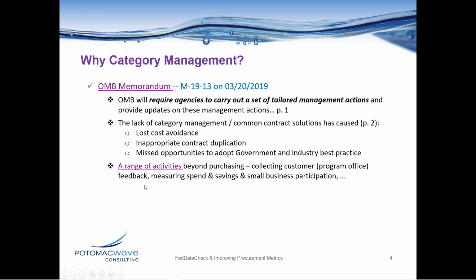Collecting customer feedback, if you have a program, see how well customers, that would be your COs and CSs, like the program. Talk to the program office. Is this program meeting their needs? Measuring savings. There's a link here to documentation, you can read about the wide range of activities involved in category management, other than the tail end where you're measuring how much spend went through the programs.